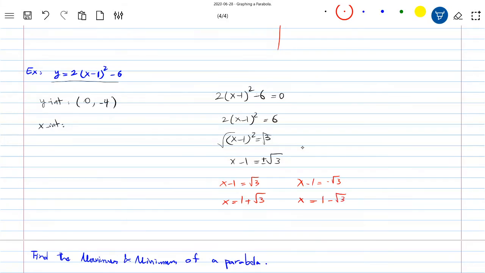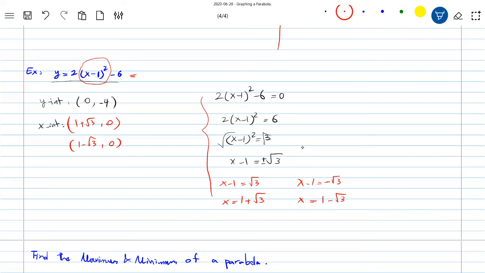1 minus root 3. So what are the x-intercepts? 1 plus root 3 and 0. 1 minus root 3 and 0. If you're not comfortable with this solving structure, you can always try to rewrite this in terms of